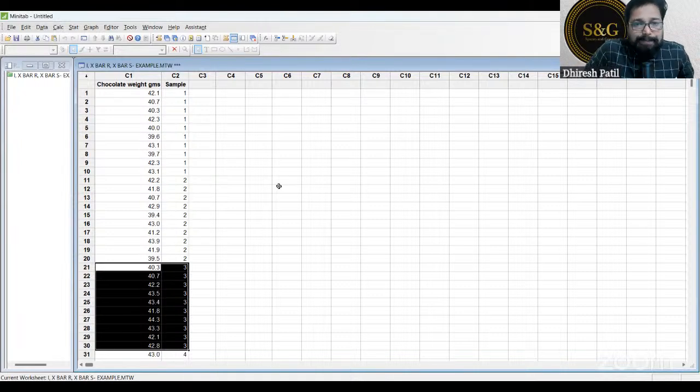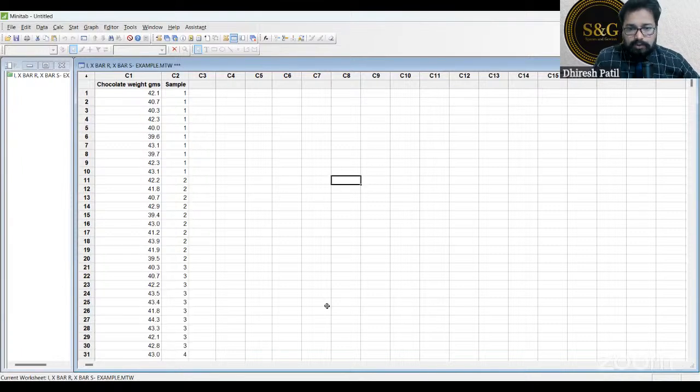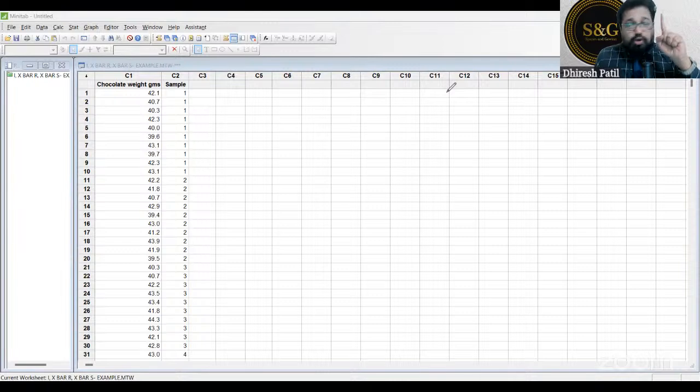Are you clear with this? Just type yes in the chat box. Did you understand subgroup? The difference between individual and subgroup: if you are taking only one sample at a time, it is called individual, so go for the I chart. If you are taking subgroup samples, then you go for something called the X bar